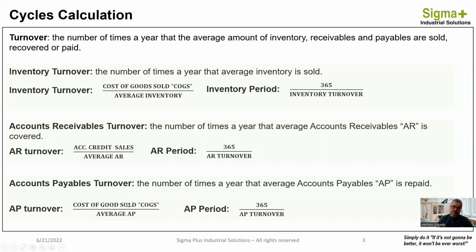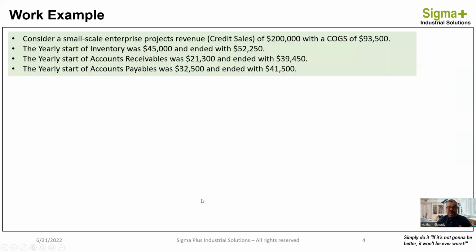Okay, I understand that we've been speaking a lot about theoretical rules and formulas, but let's take an example to practically understand how we can utilize those formulas to measure and assess the cash flow in a certain company. So consider a small scale enterprise like a workshop that has an annual revenue or credit sales of $200,000 and a cost of goods sold of